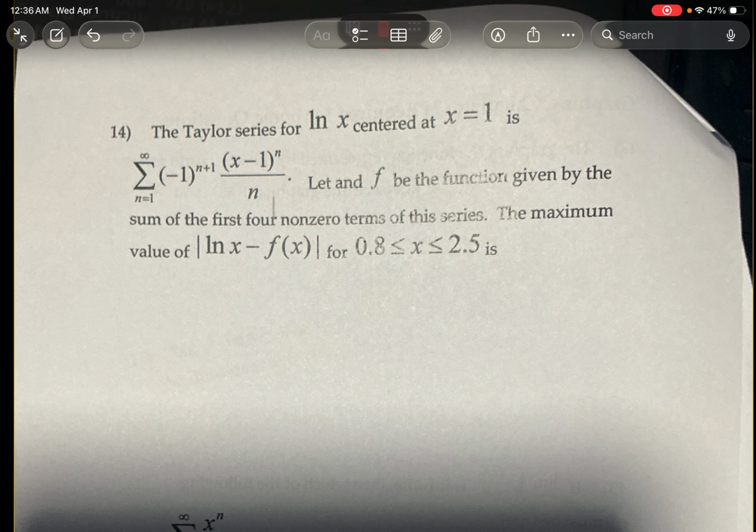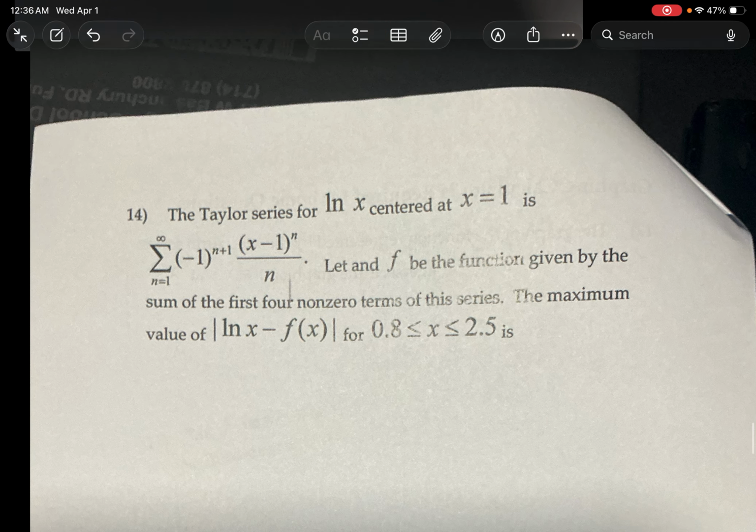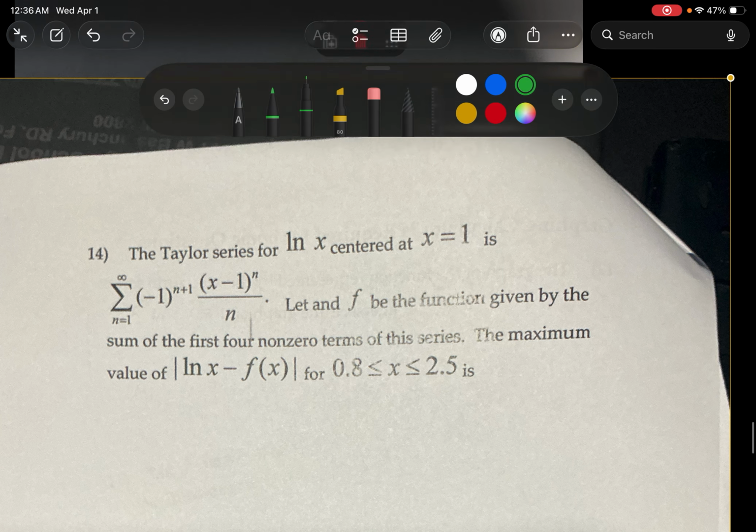Alright, the Taylor series for the natural log centered at x equals 1 is this series. Let f be the function given by the sum of the first four non-zero terms of this series. The maximum value of the absolute value of ln x minus f of x for x from 0.8 to 2.5 is... Okay, so we're going to try to find this in terms of